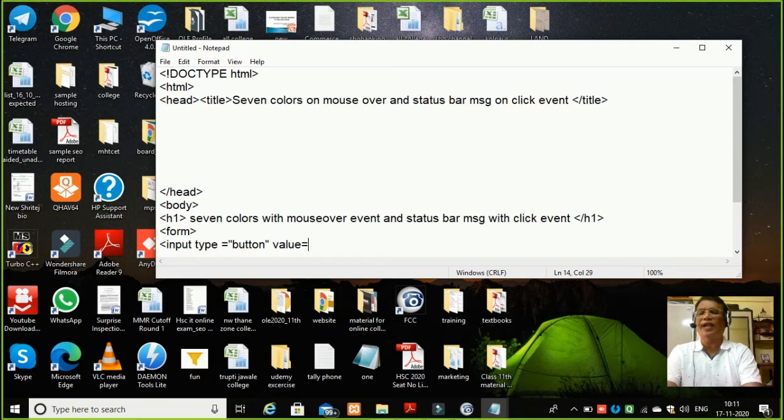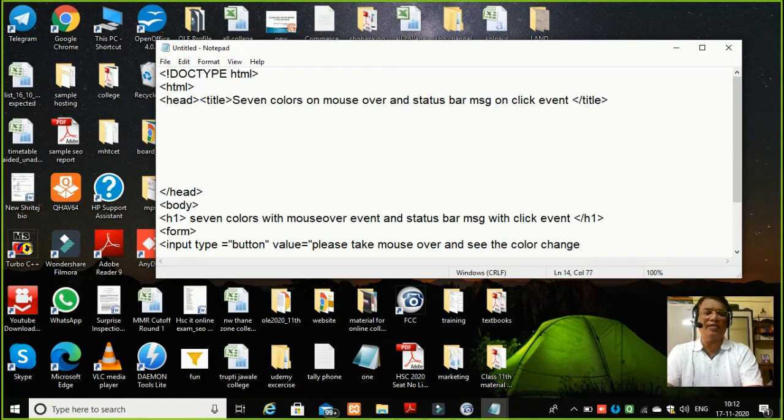Value, in this value I will write a message which is definitely going to tell me what this mouse over event will do. So I will write here: please click, and sorry, please take mouse over and see the color change.